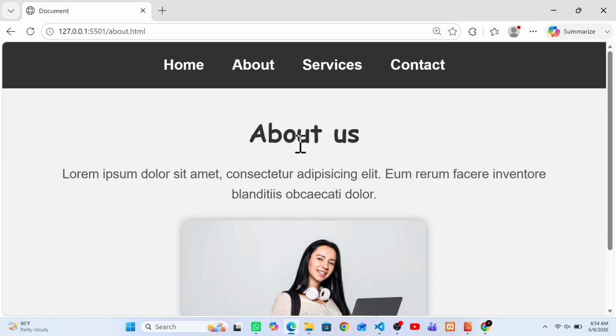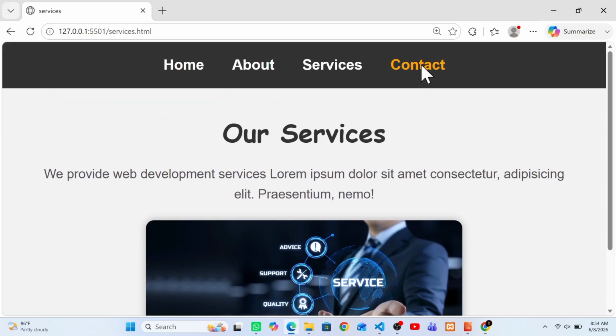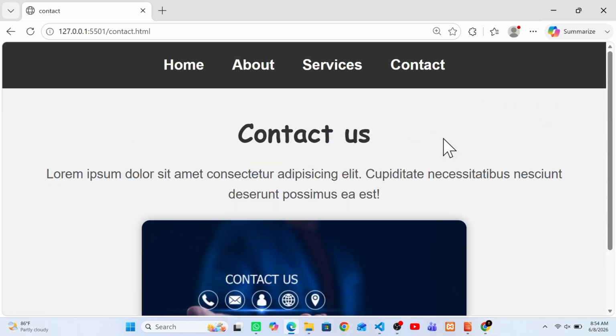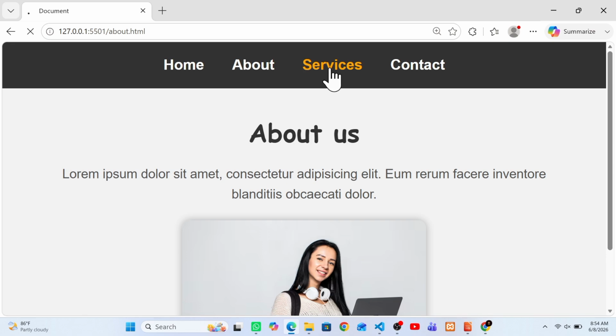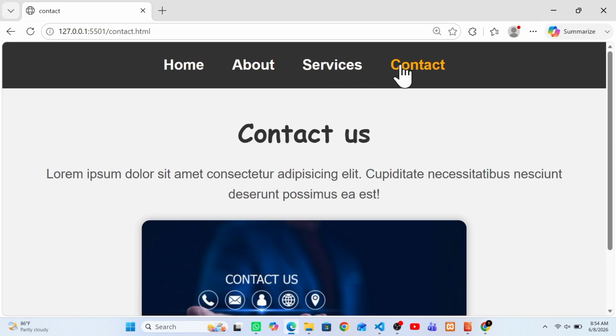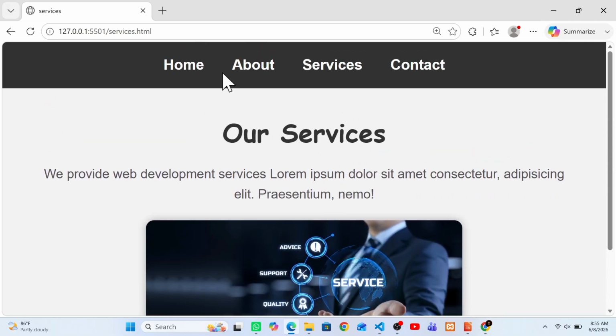In today's project, we are going to build our own multi-page HTML website from scratch. We will create 4 pages: home, about, services and contact. Then we will connect them using a navigation menu so users can easily move between pages just like on real websites. By the end of this video, you will understand how professional websites connect multiple pages and how navigation menus help users explore a website.